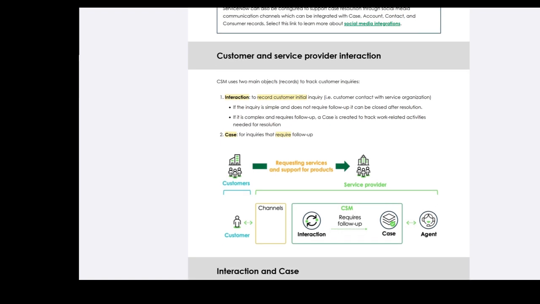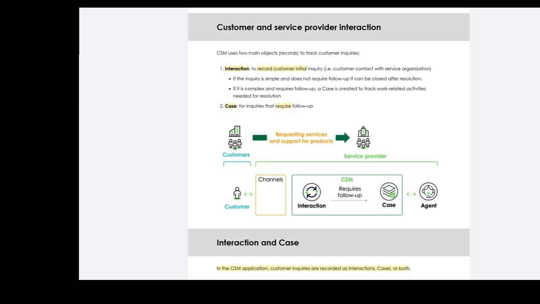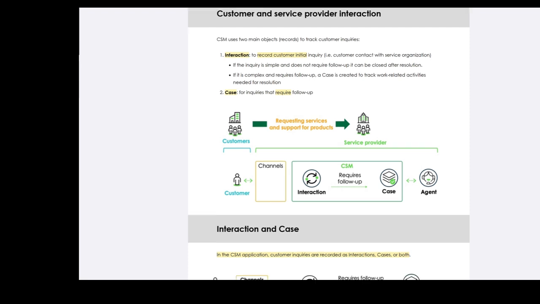So yeah, this is a diagram explaining the same thing. Now next is